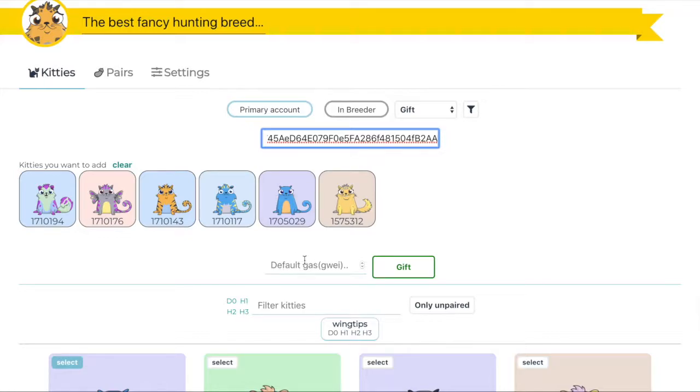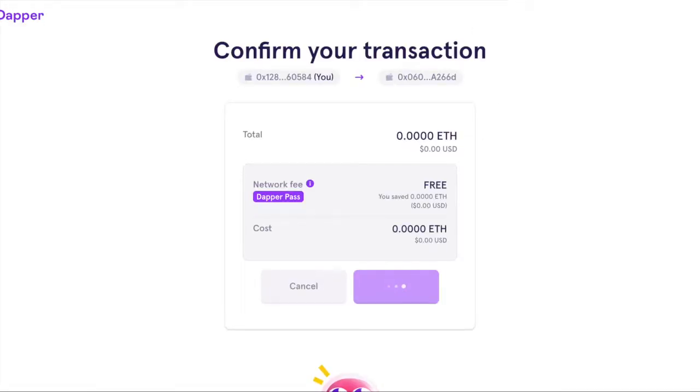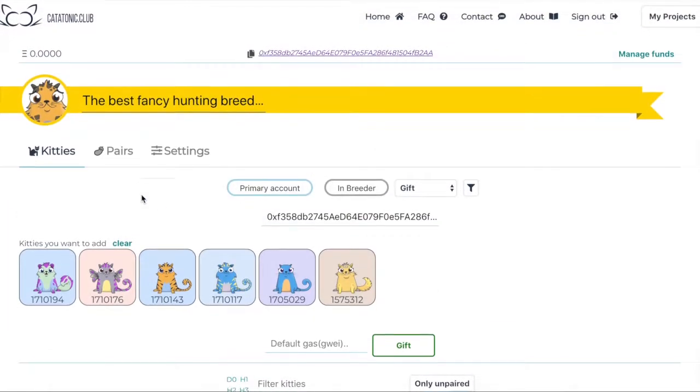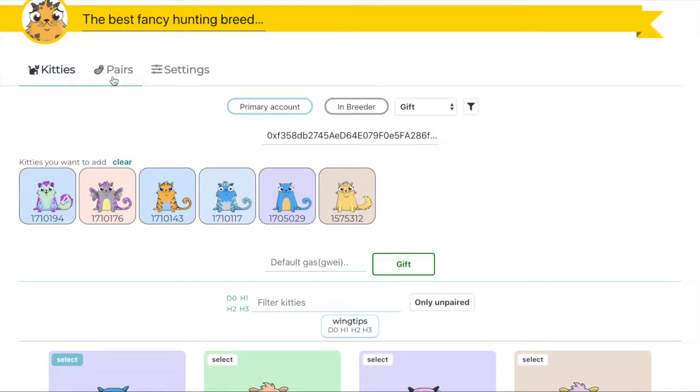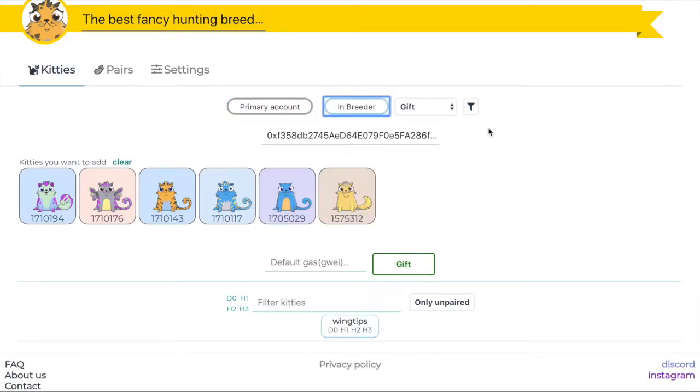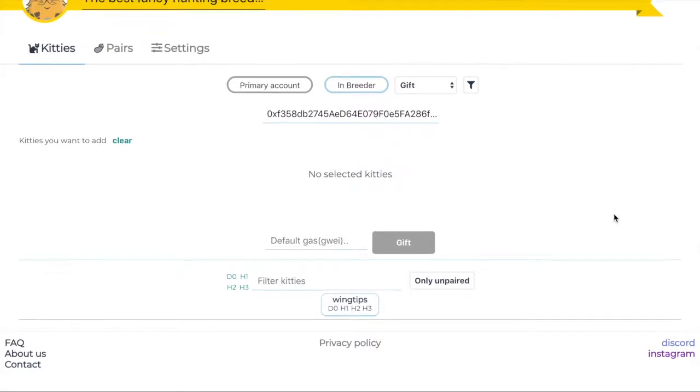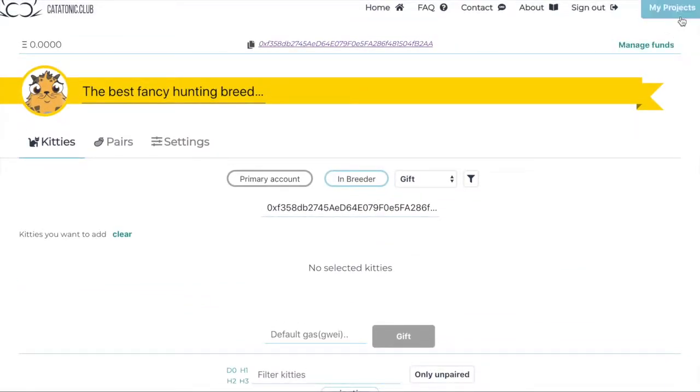We don't need to use this if we don't really want a specific gas in Gwei. And if we use Dapper, they will probably solve that one for us anyway. So then we press gift, and a lot of Dapper windows open up, which we will have to confirm. And then it will take some time for the kitties to appear in the breeder. So we can go over to our